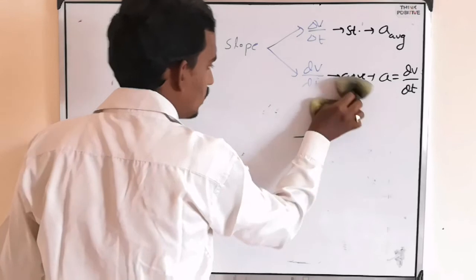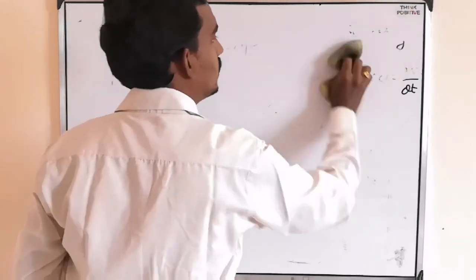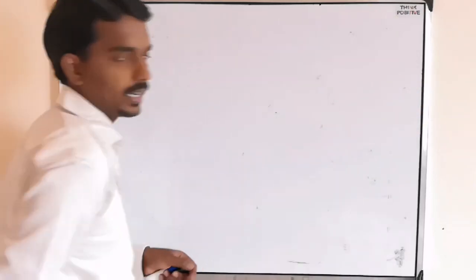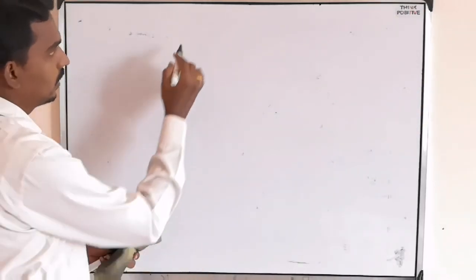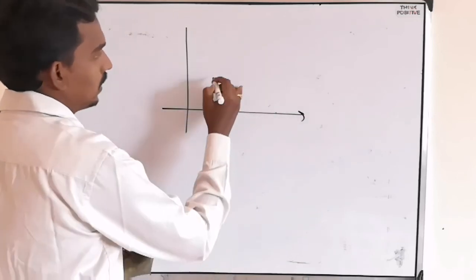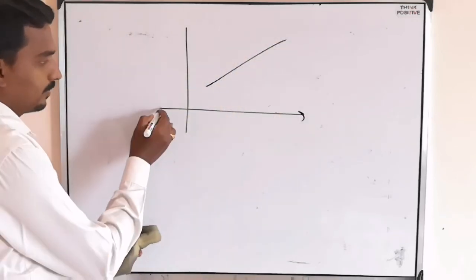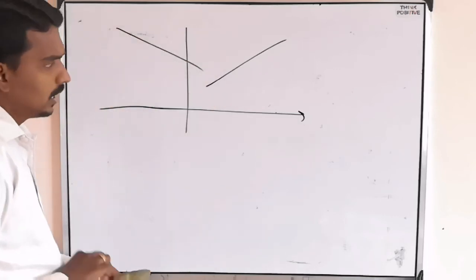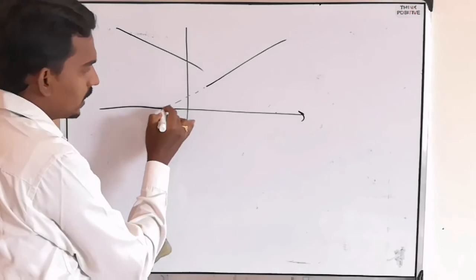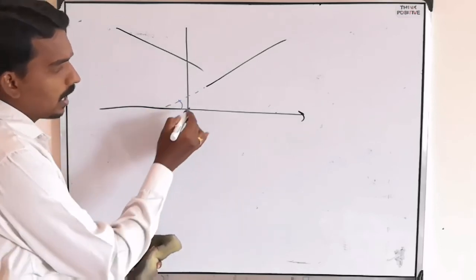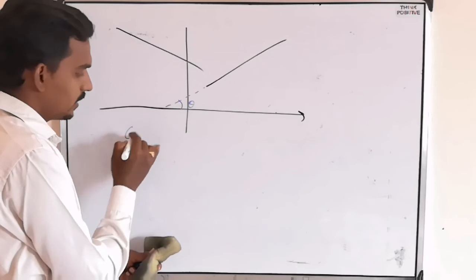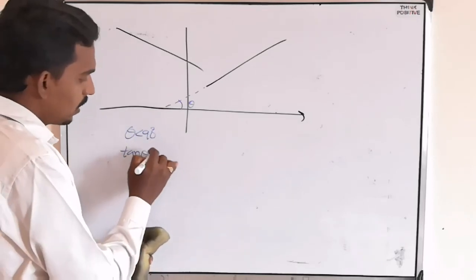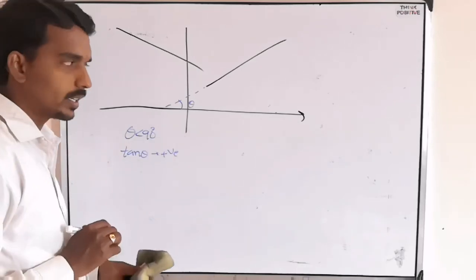Right? Now, the slope can be positive or negative. That is also like, if this is the line, or if this is the line. If this is the graph, if you extend it, the angle made by the graph with x-axis is less than 90. So tan theta is positive, slope is positive.